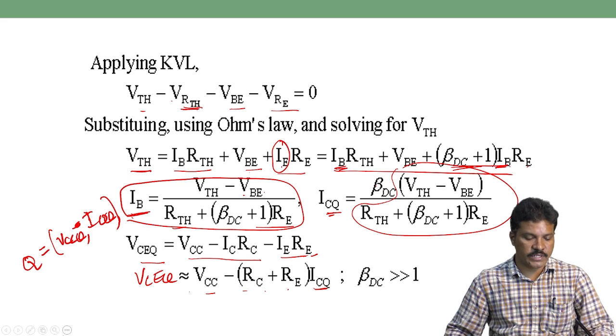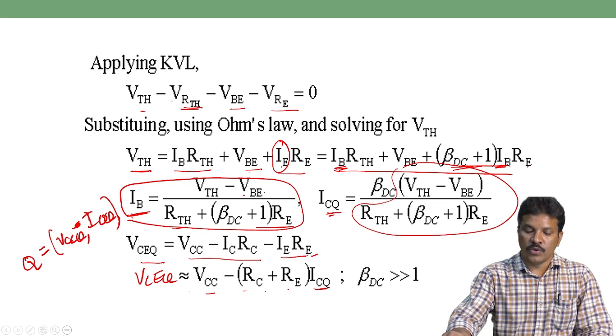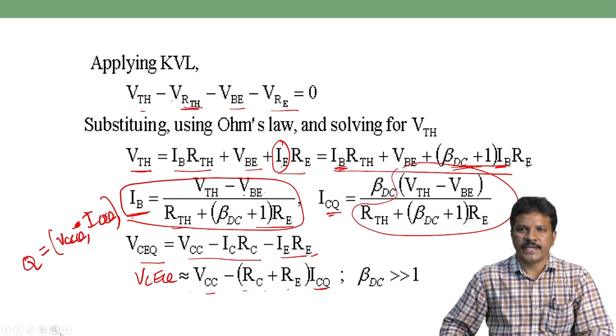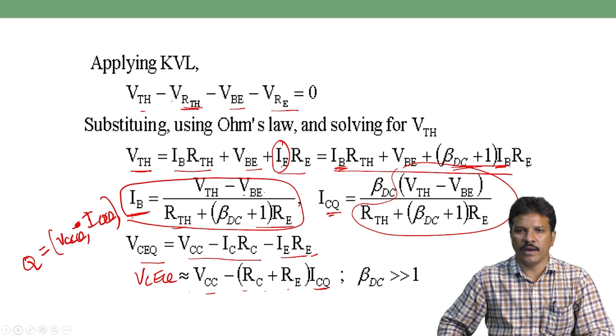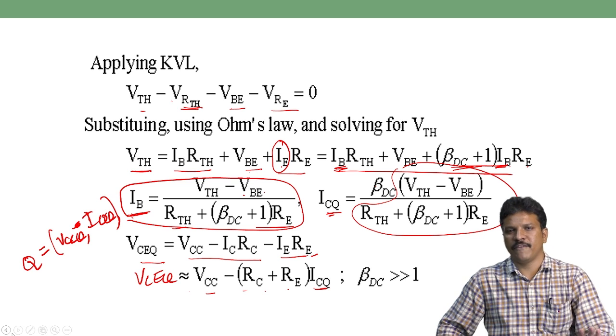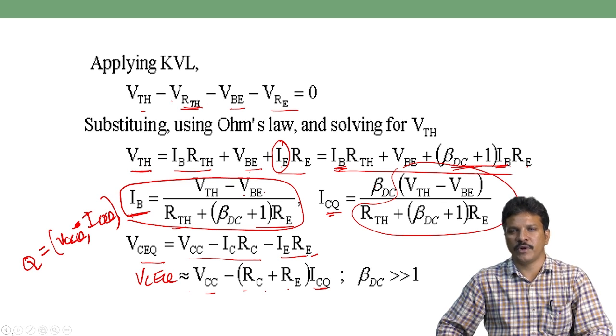In the next lecture, we'll see how this voltage divider bias is independent of beta, and then work through some problems so that we can get the Q point and the load line for a given problem, like a voltage divider bias circuit and